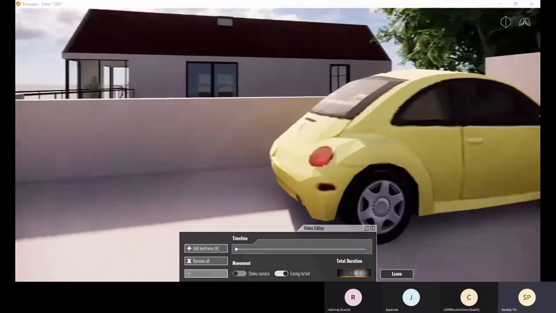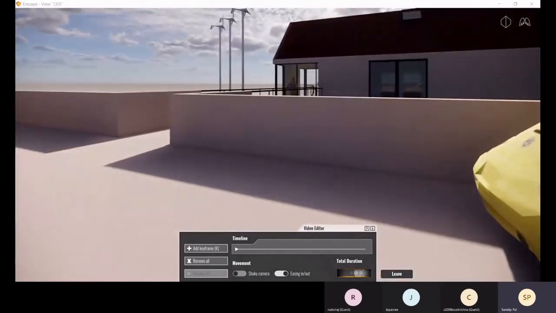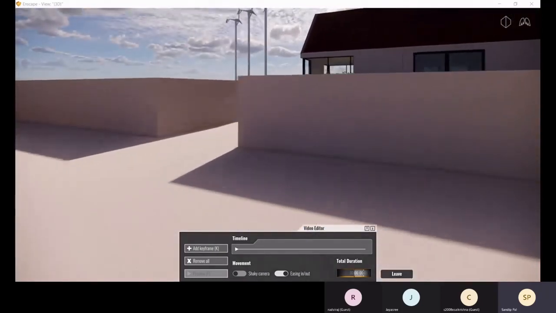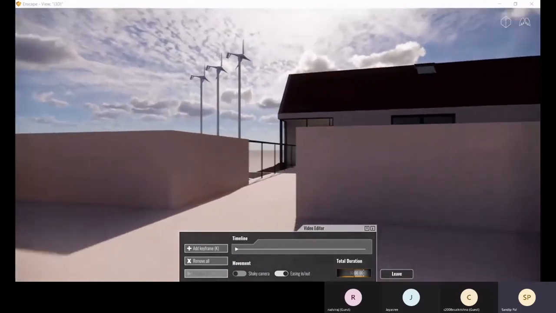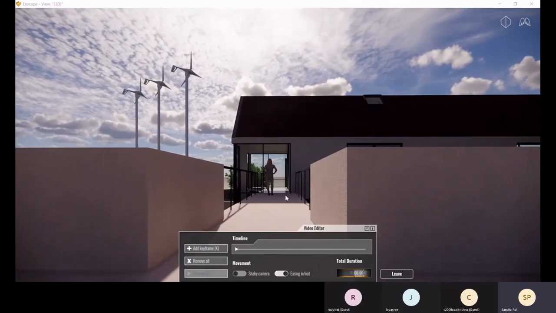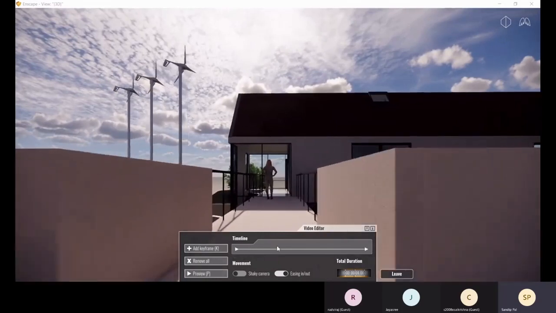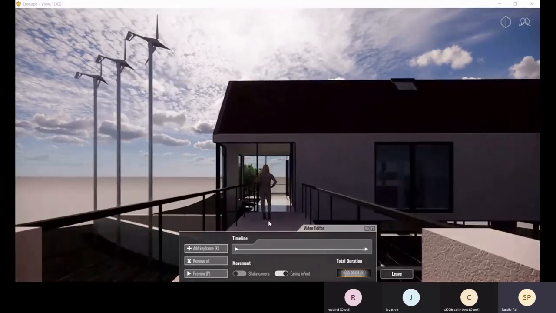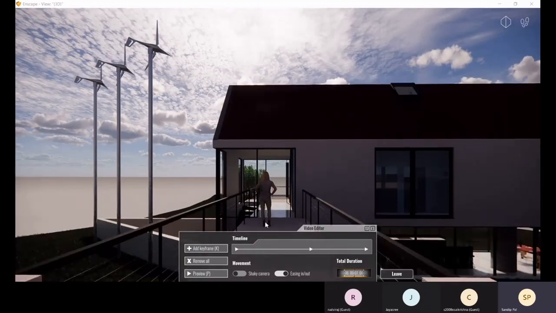Then move your camera, and you can walk around where you want to place another position. There you place another keyframe, press K, you move around, and you press K again here. Okay, and you again come back to walking mode.